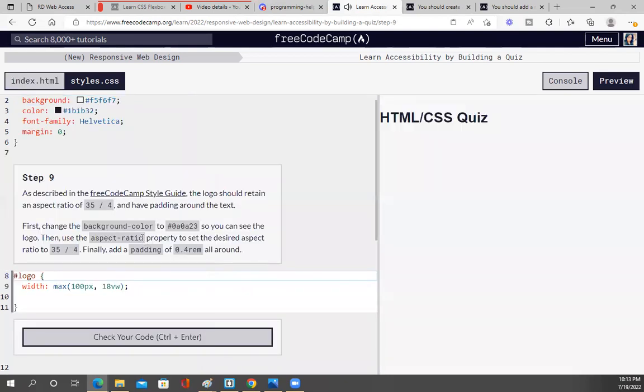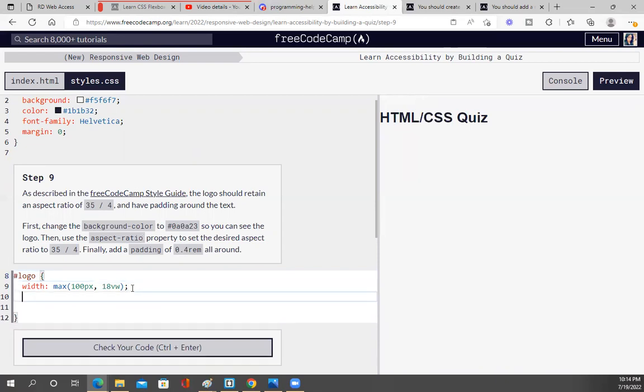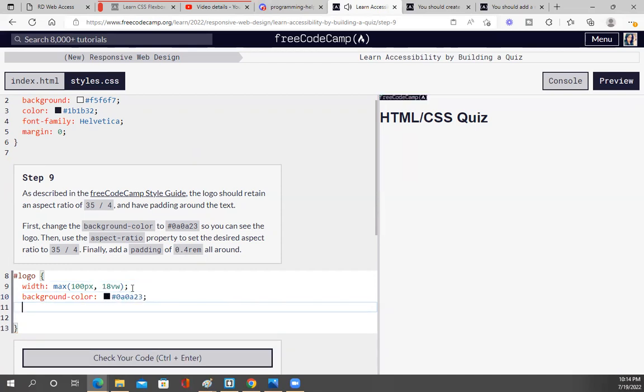Okay. As described in the freeCodeCamp Style Guide, the logo should retain an aspect ratio of 35:4 and have padding around the text. First, change the background color so you can see the logo. Then use the aspect ratio property to set the desired aspect ratio. All right, let's go one step at a time with this. Background color. Okay, and then